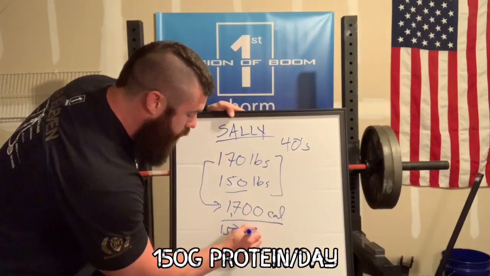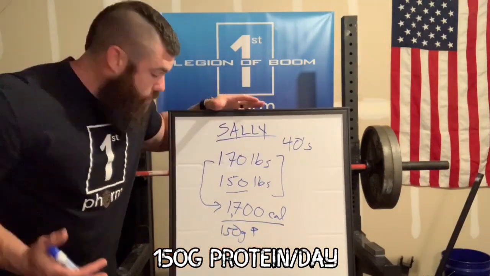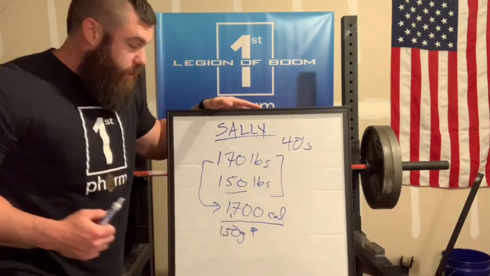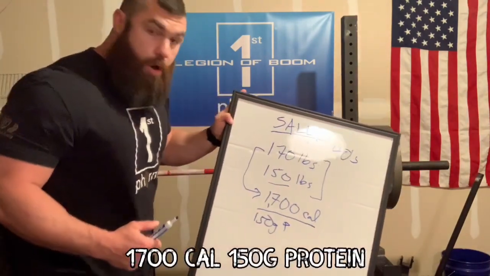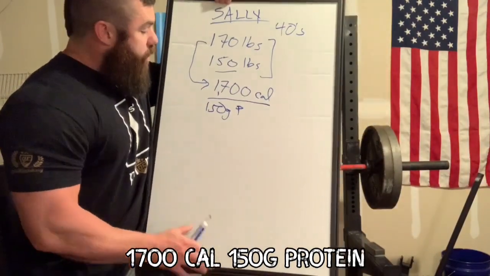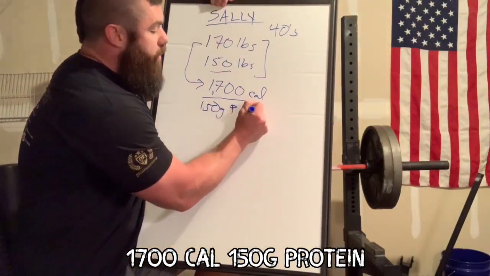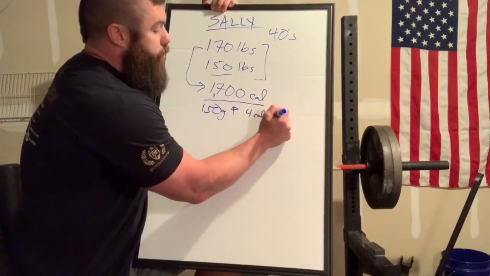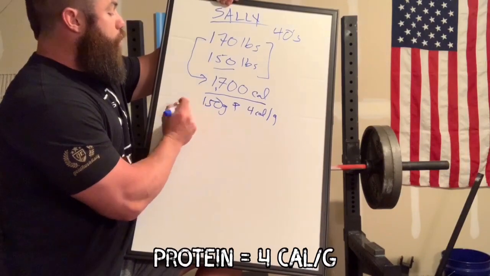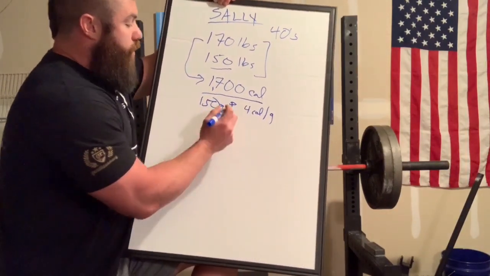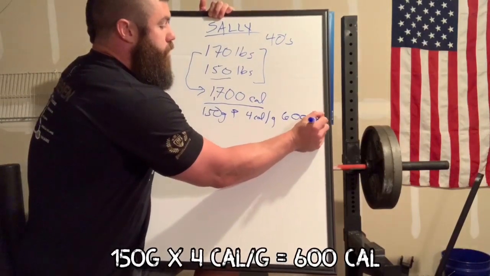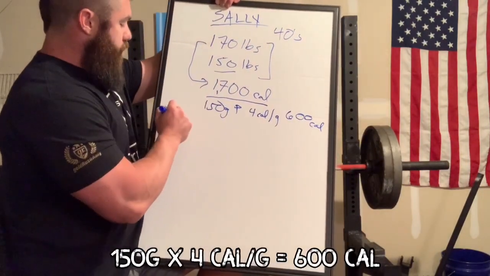Now, where do we go from here? We know she needs to be at 1,700 calories, 150 grams of protein. Well, protein, let me prop this up here, you guys can see it. Protein is 4 calories per gram. So that means we're getting what? 600 calories from protein for Sally. That leaves us 1,100 calories